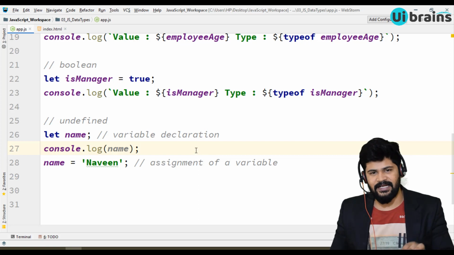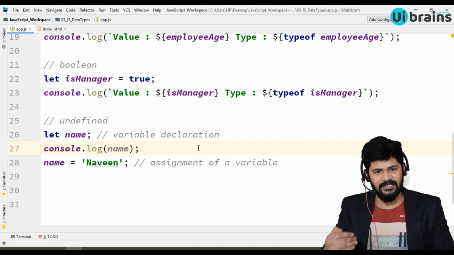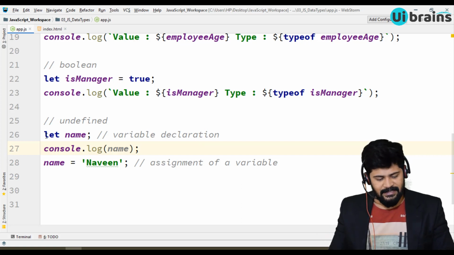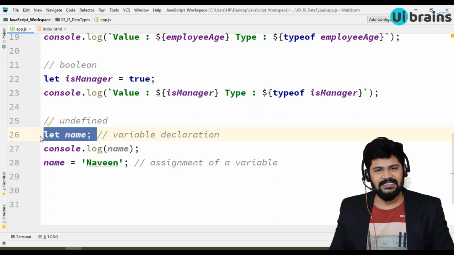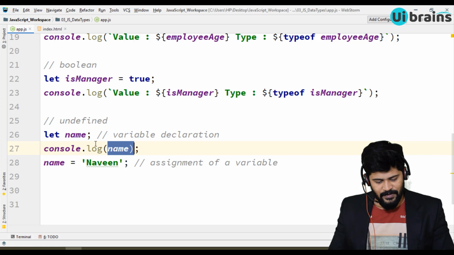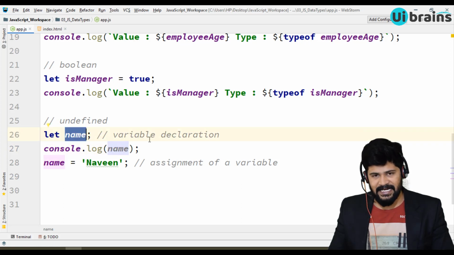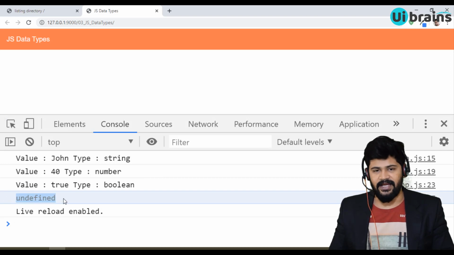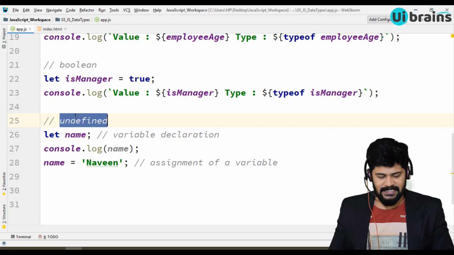Now my question is, if I cut the console.log and keep it before the assignment, what happens? Generally, every program executes line by line, the instructions one after the other. So first line, let name. Did you assign any value to it? No. But when I try to access its value, the name's value is going to be accessed, right? So when I try to access the value of a variable which is not even assigned, you get the answer as undefined.